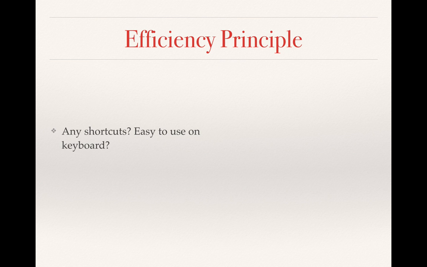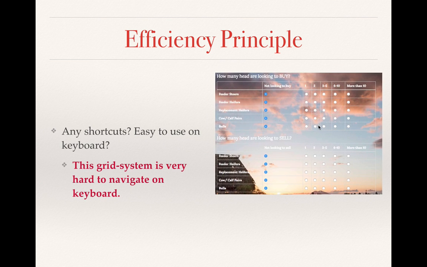Efficiency principle. Any shortcuts? Is it easy to use on a keyboard? This kind of grid layout is very hard to navigate on keyboard. It takes you all over the place, or it just skips right into the form, which is here on the bottom on the side. I'll have advice for that later, but basically it's efficient in the sense that it's a simplistic site to go through, but it's not efficient in the sense of filling out all this form